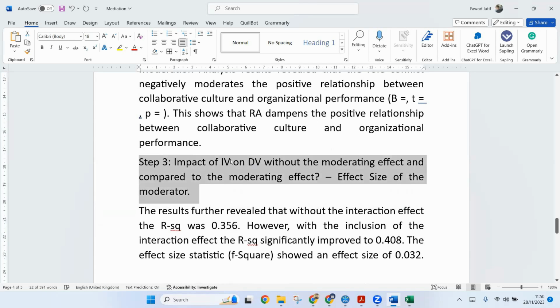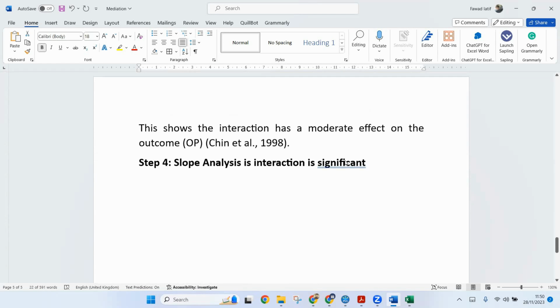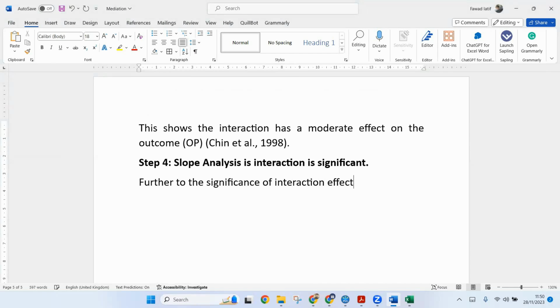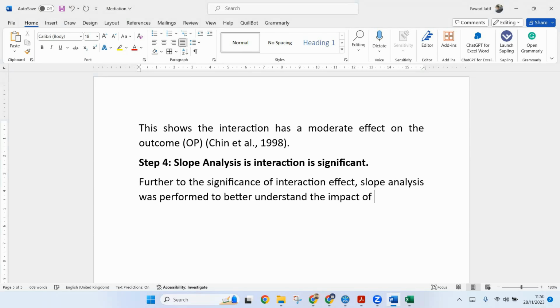Now, once step 3 is done, you perform your slope analysis if your interaction effect is significant. If your moderation is significant, you go for your slope analysis. Now, further to the significance of interaction effect, slope analysis was performed to better understand the impact of